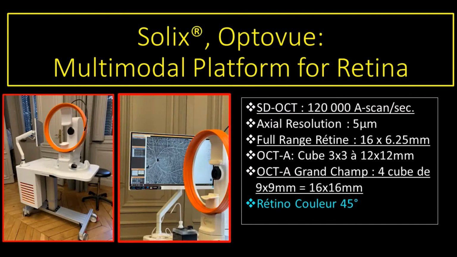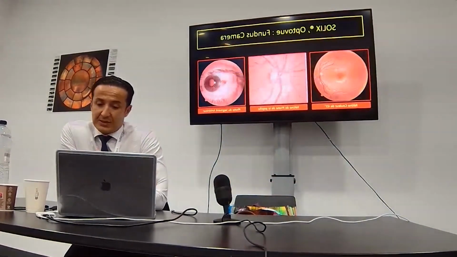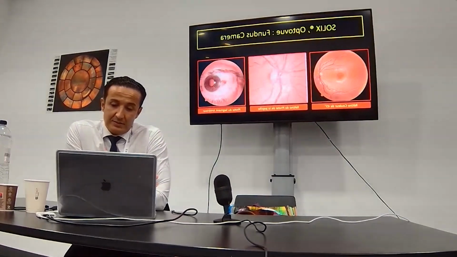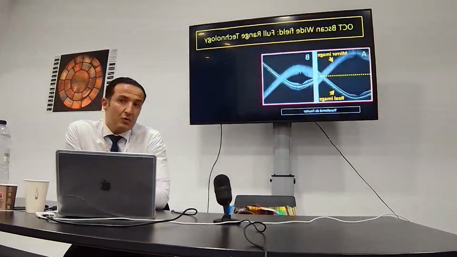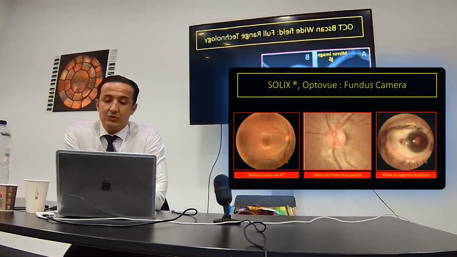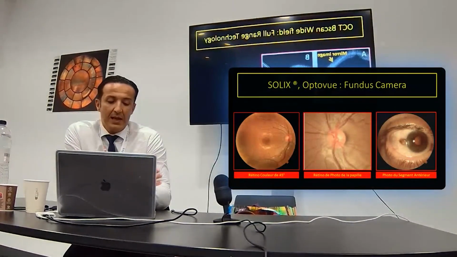The classic OCT angiography with a cube of 3 by 3 until 12 by 12, and the possibility to create a composite of 16 by 16, and the fundus camera of 45 degrees. So you can make some beautiful pictures of the optic nerve, posterior pole, also anterior segment associated with your classic V-scan. The last evolution of the OCT uses the full range technology embedded on the Solix platform, allowing